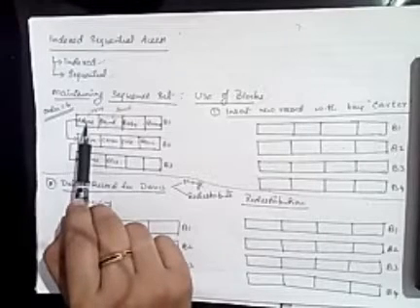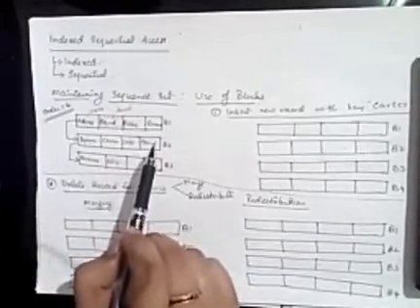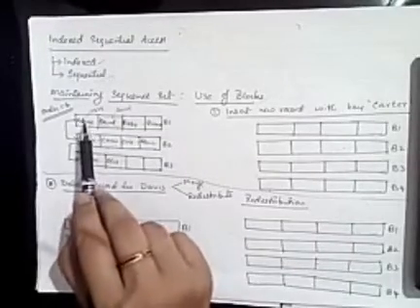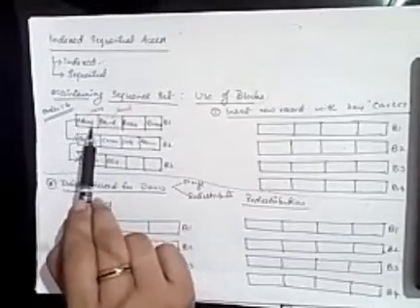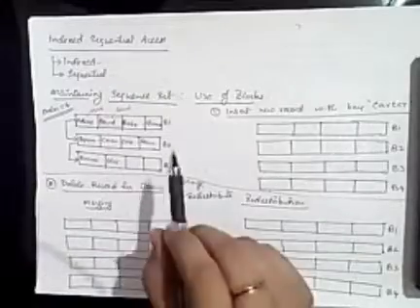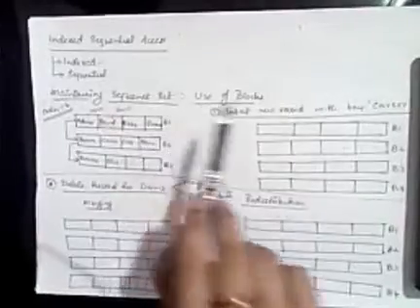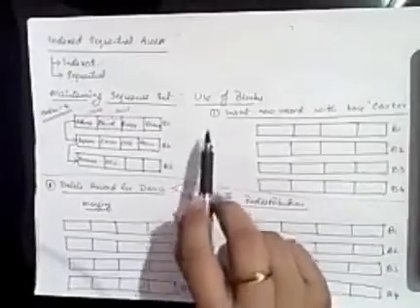I want to find Adam's record, so you can go for this. I want to find Carson's record, so you can go for this. So key is the main thing in the block, and these are the records. You will have many other fields also, but in the block we write only the keys to make it easy. How exactly we maintain the sequence set and use the blocks is what we are going to study today.